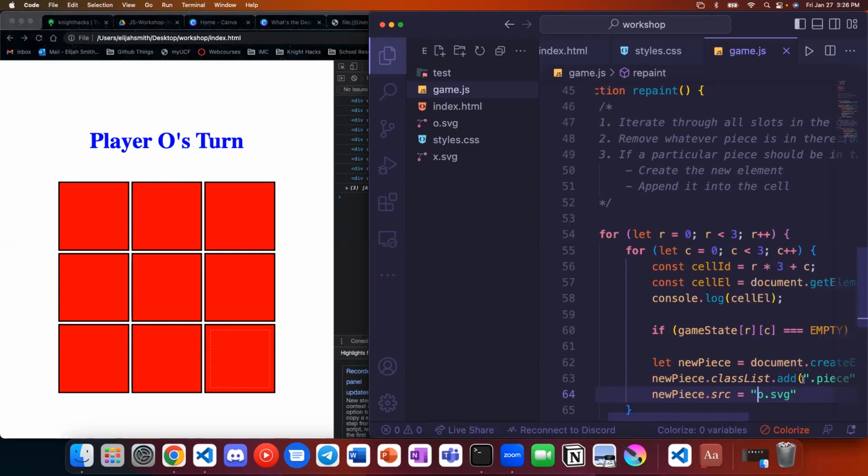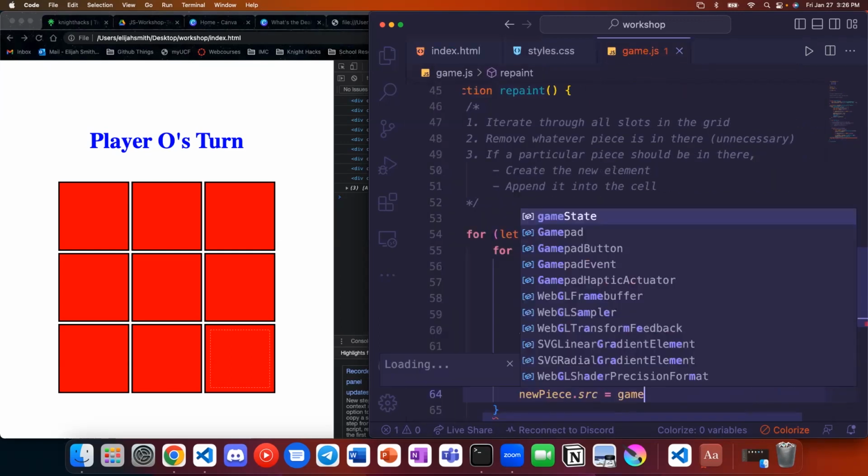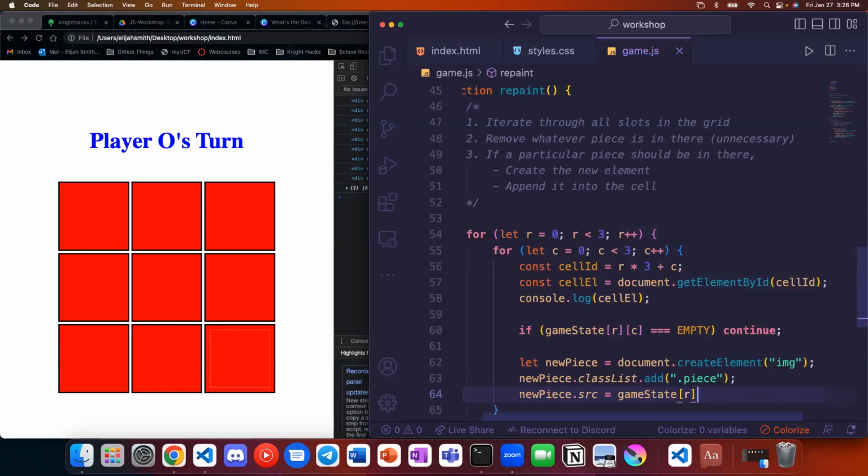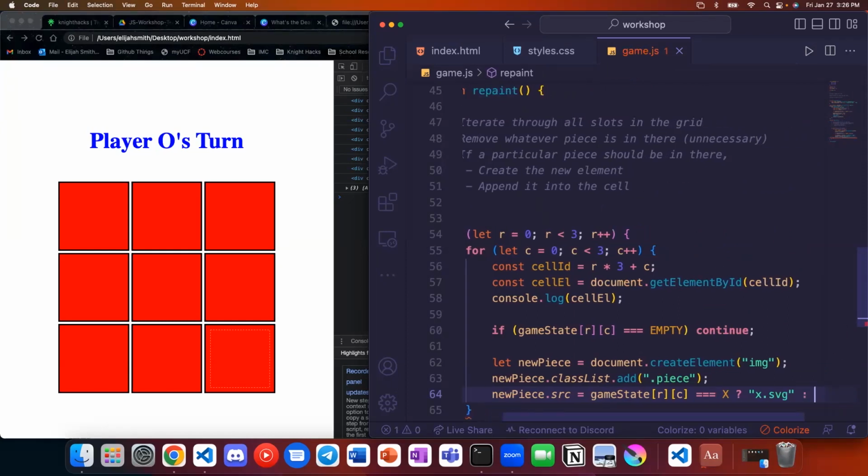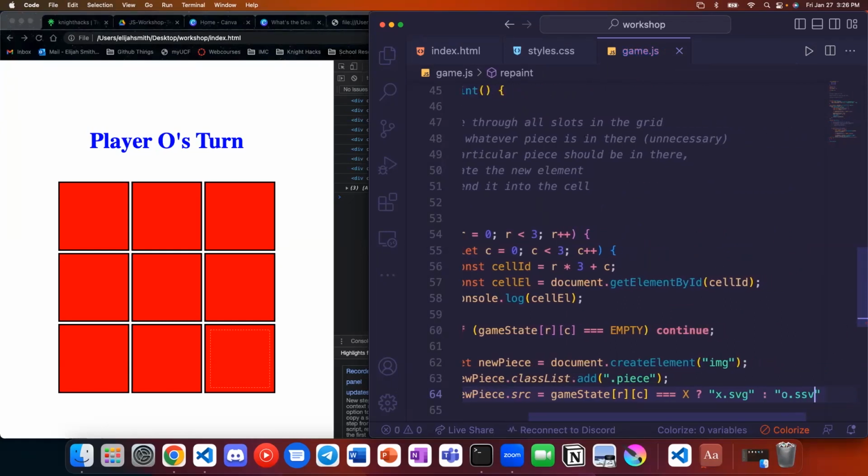So we can just specify the file name. And the source should be, if gameState[row][col] is equal to X, then x.svg. This is lowercase, yeah. Otherwise, we'll give it o.svg.